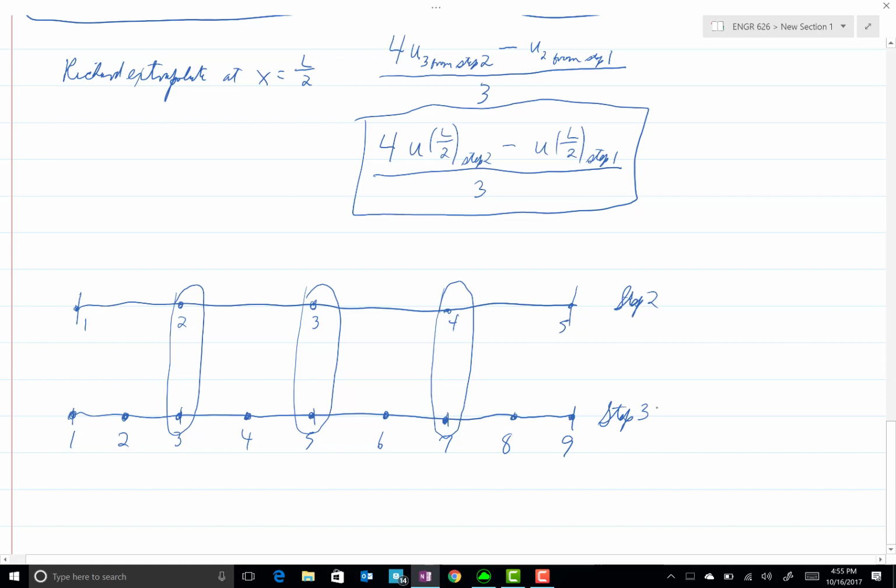So at this next stage, we would have 3 values in the Richardson extrapolated solution, and so on. So at each step, we get more and more nodes at which we can calculate a Richardson extrapolate,